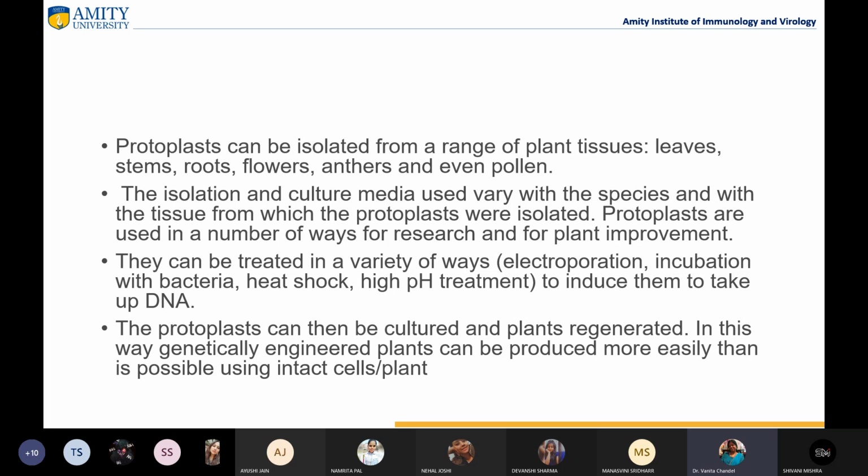For example, electroporation, incubation with bacteria, heat, or to induce DNA uptake. So these are a number of methods basically for how we can introduce some genetic material or some other gene, how we can make them take up DNA. So there are a number of methods for that, right? So protoplasts can be then cultured and then plants are regenerated. And in this way, genetically engineered plants can be produced more easily than is possible using intact plant or intact